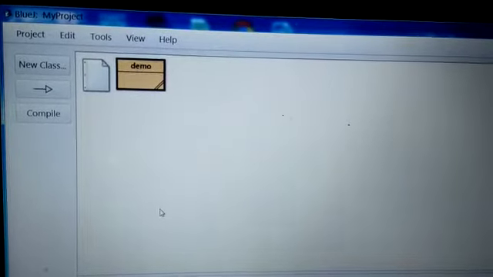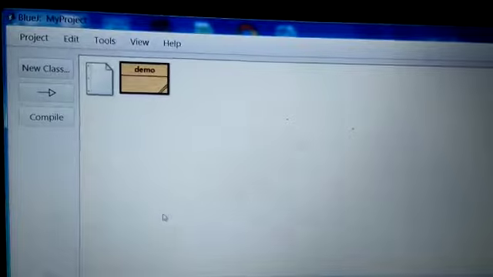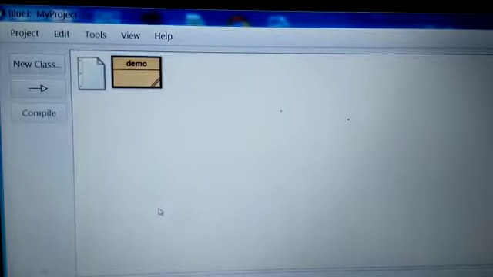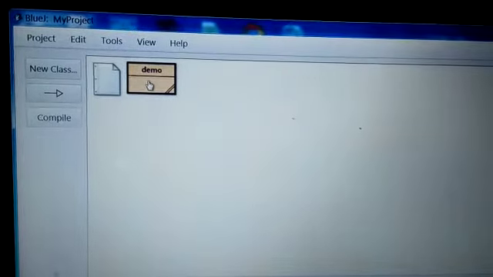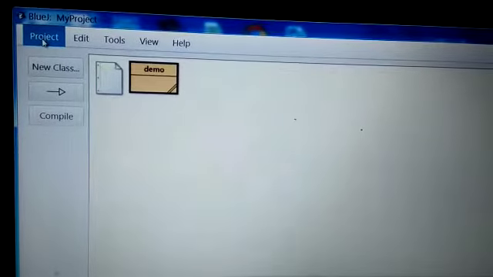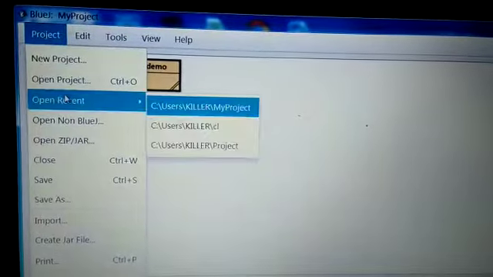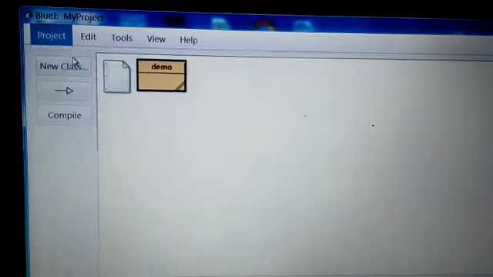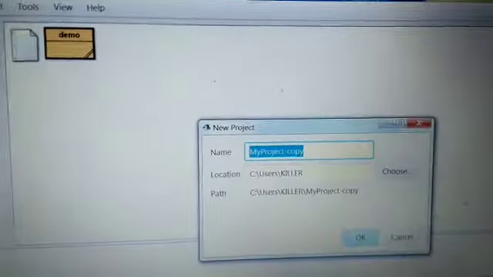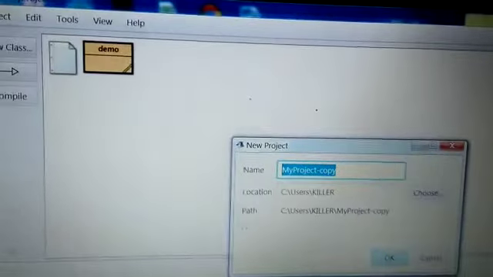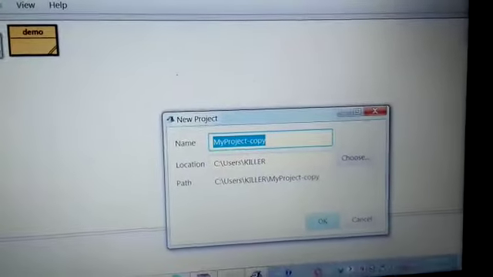Hello there, so I'm going to make my demo project in Java language using the software BlueJ. So what I have done, I have created a demo class. So see how we can create that. Go into project, click on that and then new project. If you choose new project, it will ask the name of your project and then okay. Suppose I have done this.